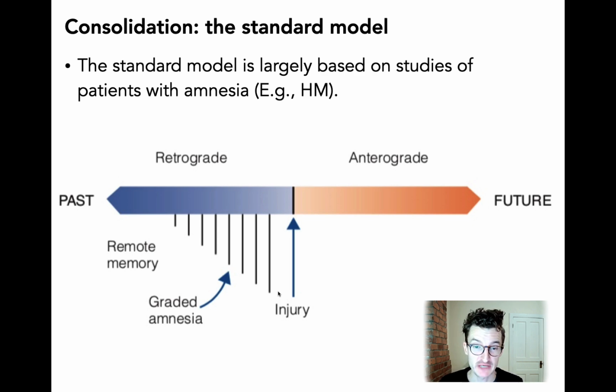So what does that suggest? It suggests that older memories do not depend on the hippocampus, right? You can have your hippocampus removed and the memories are fine. HM could remember his childhood. He could remember how to navigate around the home that he lived in prior to his surgery. Newer memories, though, even if they've been consolidated, depend to some extent on the hippocampus. And so if you lose your hippocampus, you can also lose newer memories. And so this is why we think that memories as they age change and they become less dependent on the hippocampus.